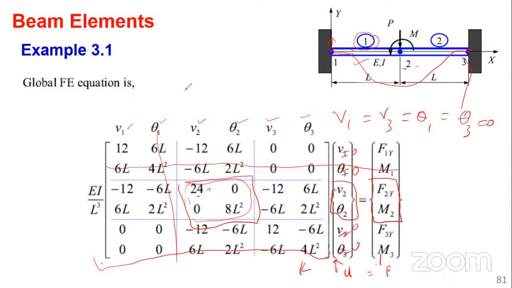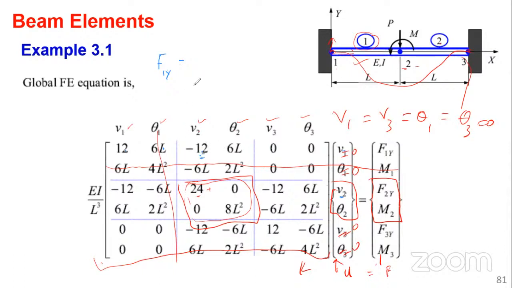F1y is the vertical reaction. It equals this minus 12 times this, because the others were 0. If you multiply the first one times this, 0. So this one you can only avoid confusion if you already know how to do matrix operations, how to multiply